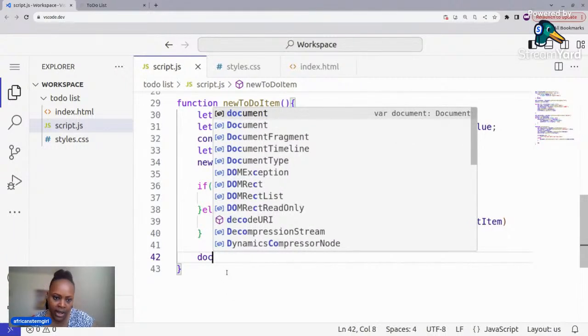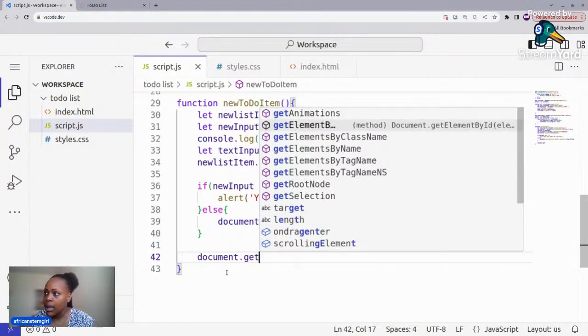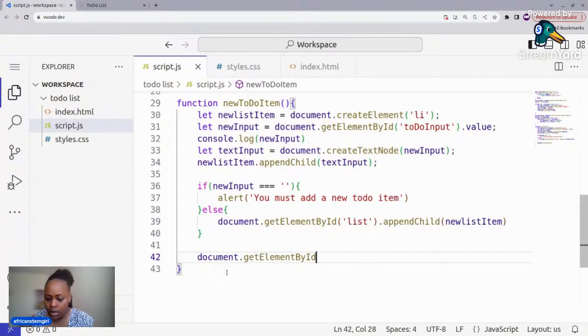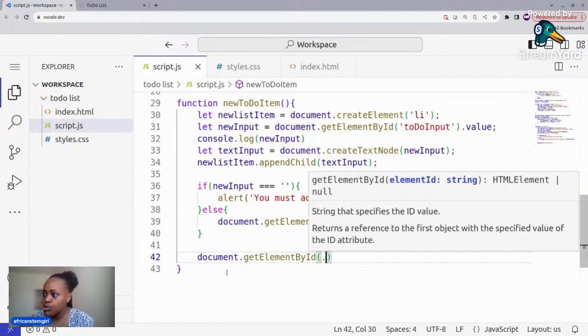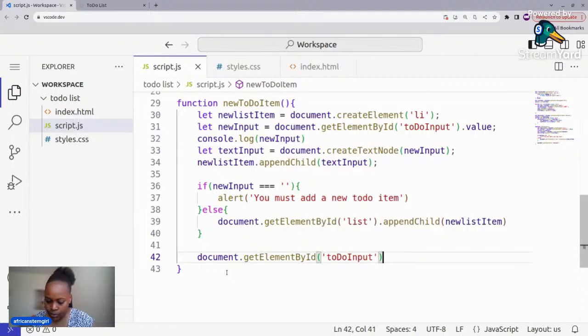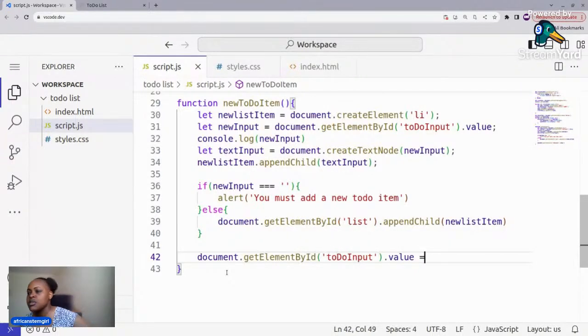Okay, so after that, now outside that, we'll now come ahead and say documents. So we capture again the element. In case it doesn't have anything, we just say document.get element by ID. So we capture the to-do input dot value is equals to 0. So this is just, it's empty. So this is just to tell the browser, hey,